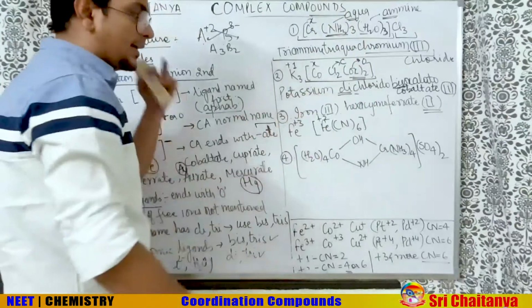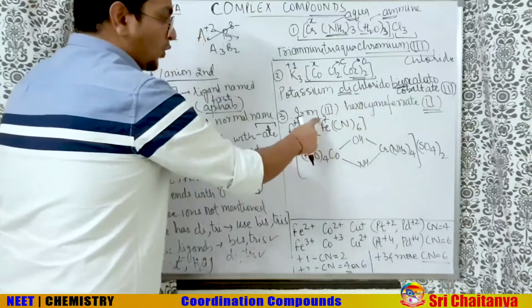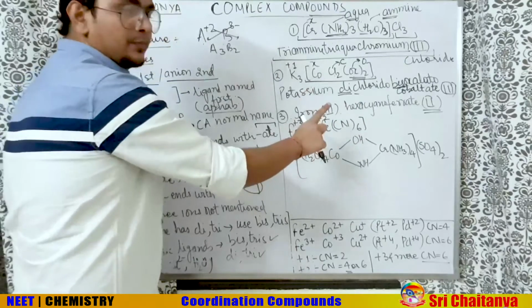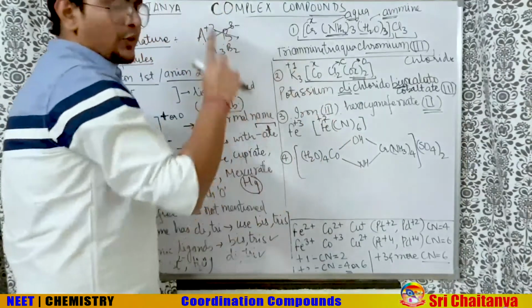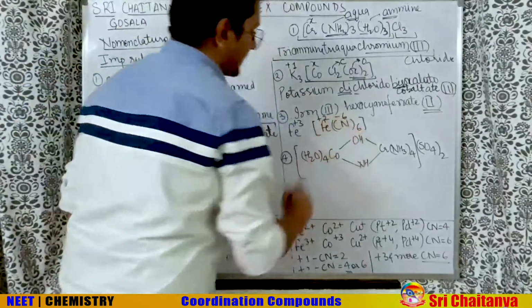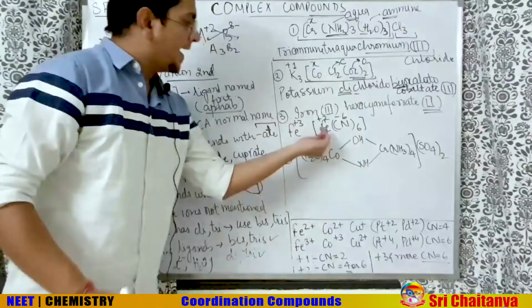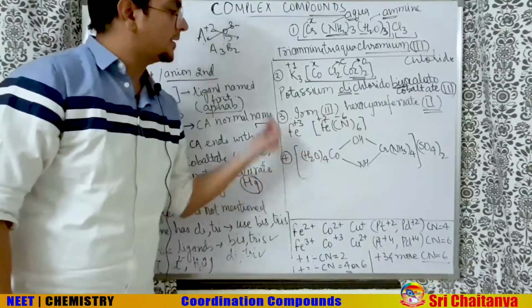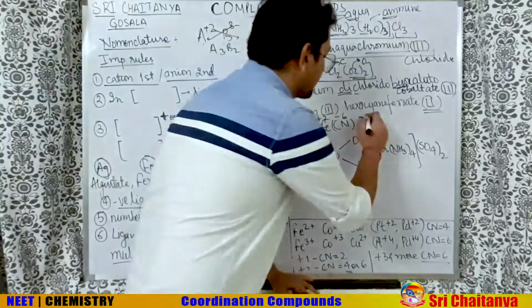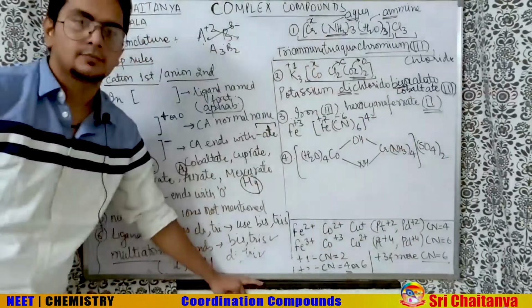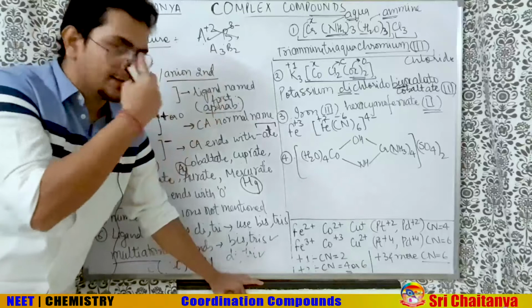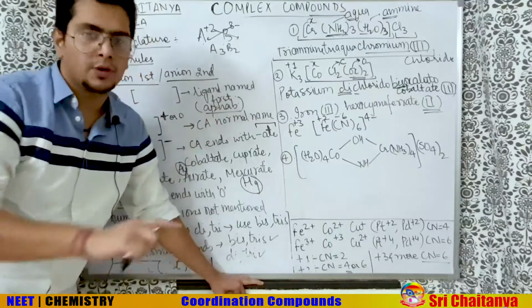For that, let us see the charge on the whole box. Don't write plus 2. Plus 2 is on Fe. CN has minus 1, minus 1, minus 1, minus 1. So total minus 6, and Fe has plus 2. So overall charge on the box is going to be 4 minus. Check: CN is 6 minus, Fe is plus 2, overall charge minus 4.